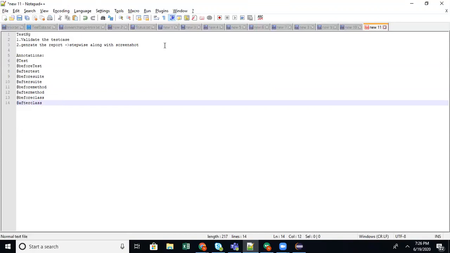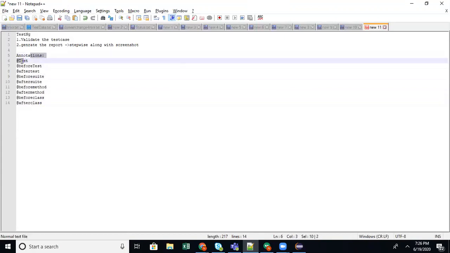So these are the annotations. We can call these add-on annotations. Okay, this is the mandatory annotation.